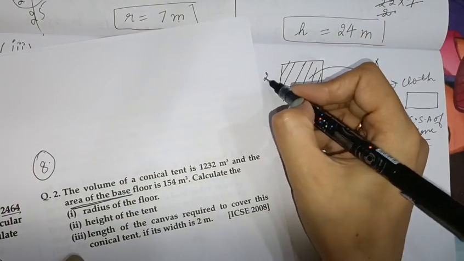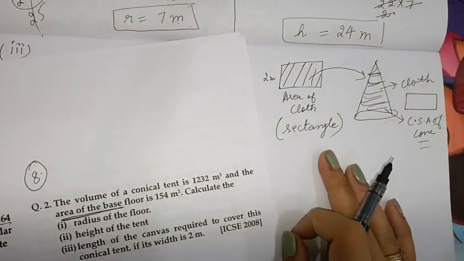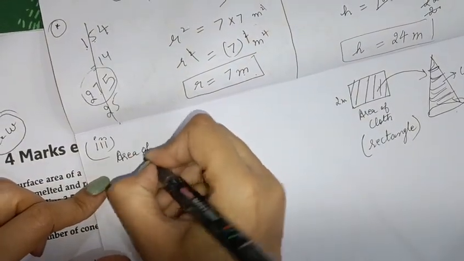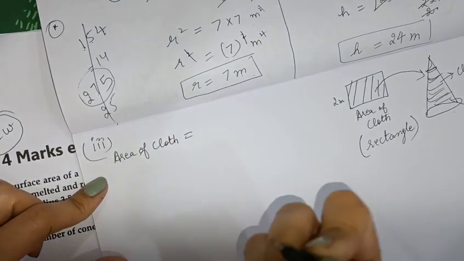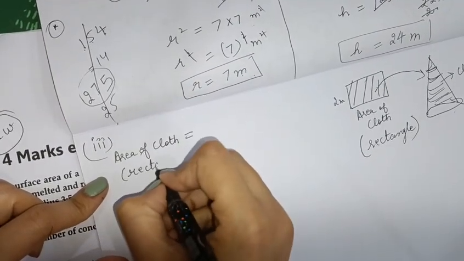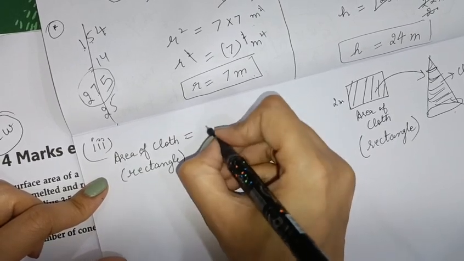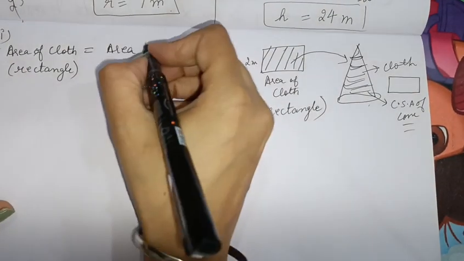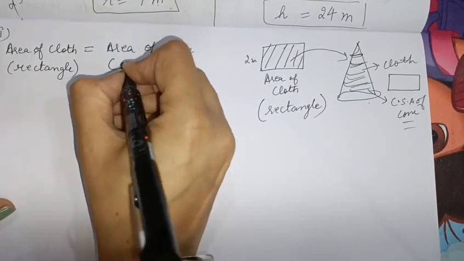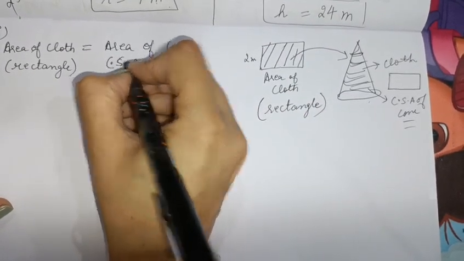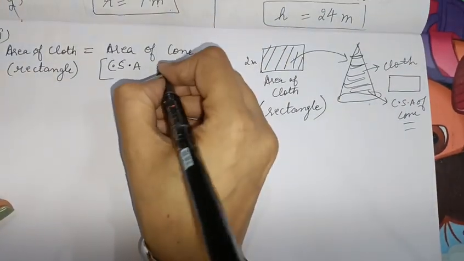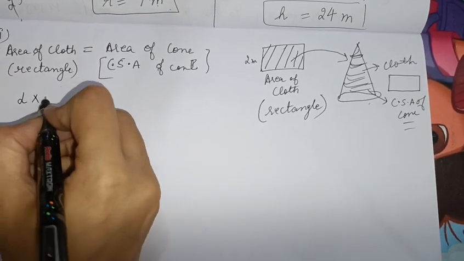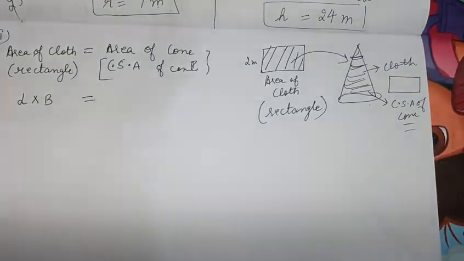Its width is given to us. Width is 2 meter and its length we have to find. So both the areas will be the same. So the area of cloth, which is a rectangle, you can write, the cloth is in rectangular shape. So area of rectangle is equal to the area of cone. More precisely, it is the curved surface area. It is not a simple area, it's the curved surface area of the cone. So I'll write the formulas. What is the area of a rectangle? Area of rectangle is length into breadth, and curved surface area of cone is